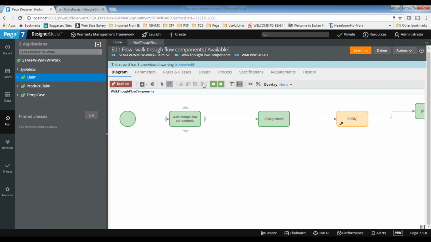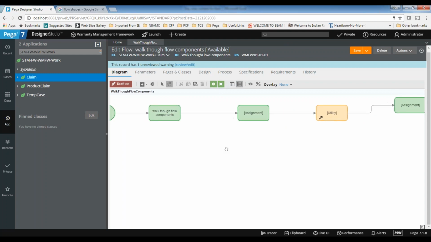So this is called cut, copy, paste. If you want to copy a shape and paste the same shape, you can use this. If you want to use the same configuration, generally you can copy paste, and this is like cut paste you can also use. This is like delete. And here you can see some symbols are there. This will be useful to help you properly position the shape.